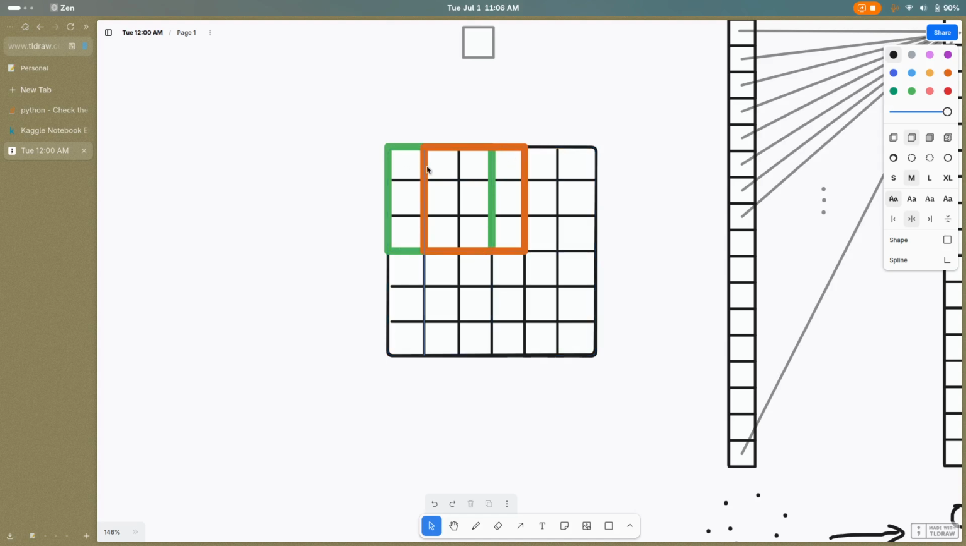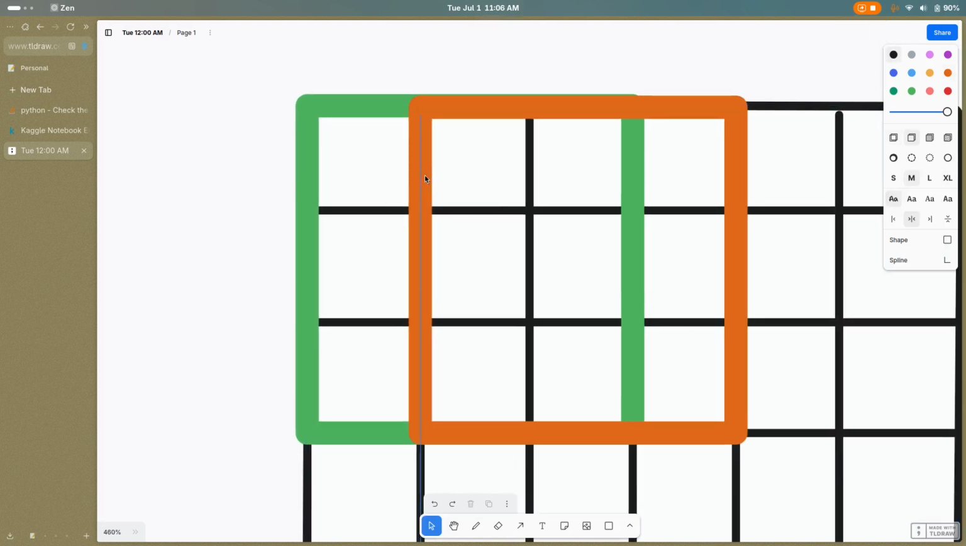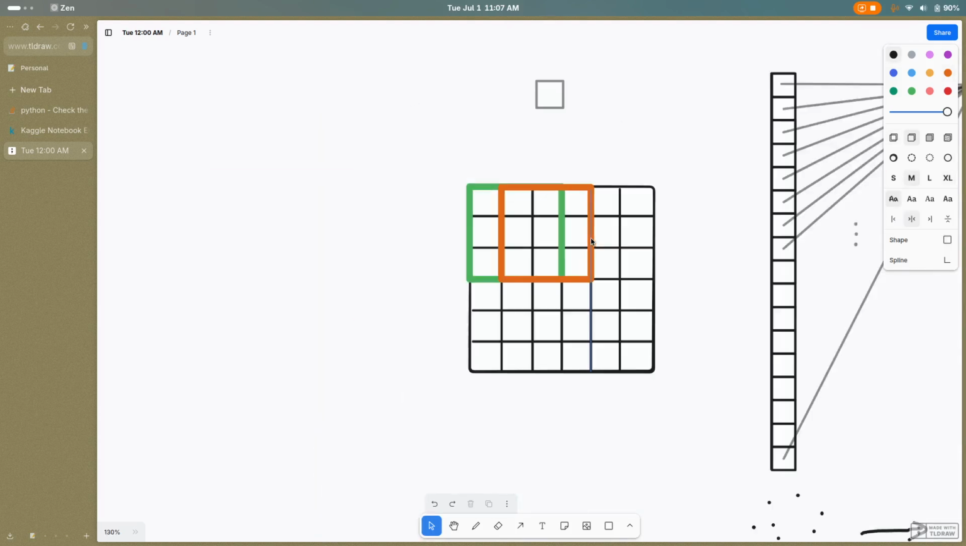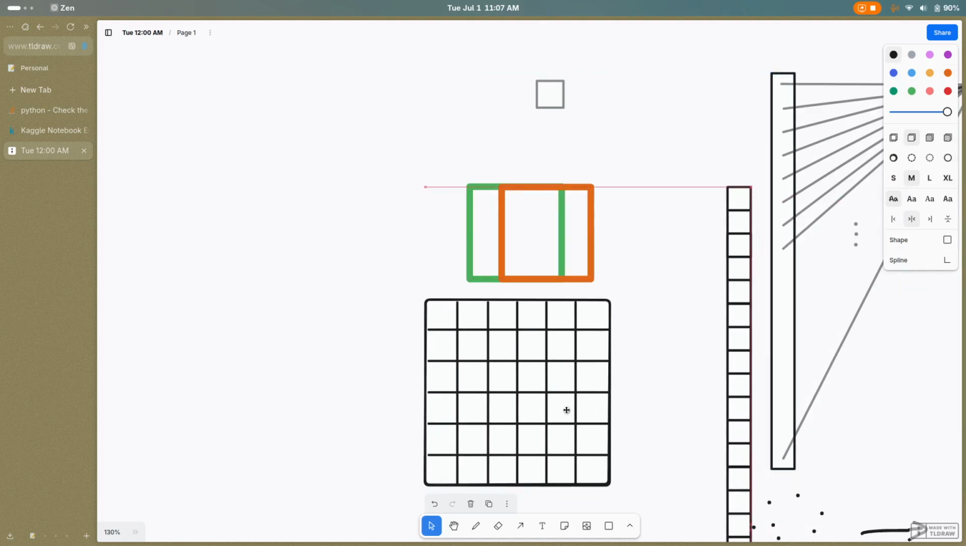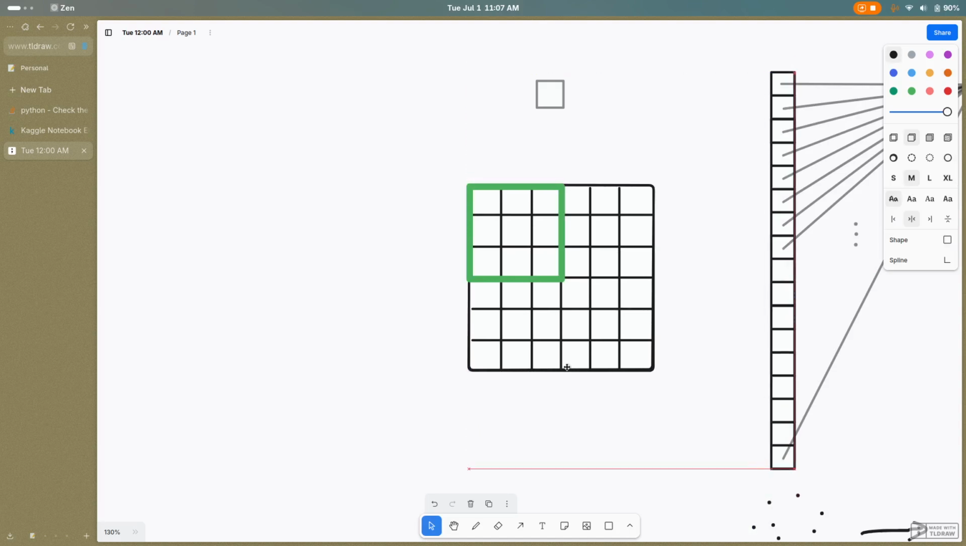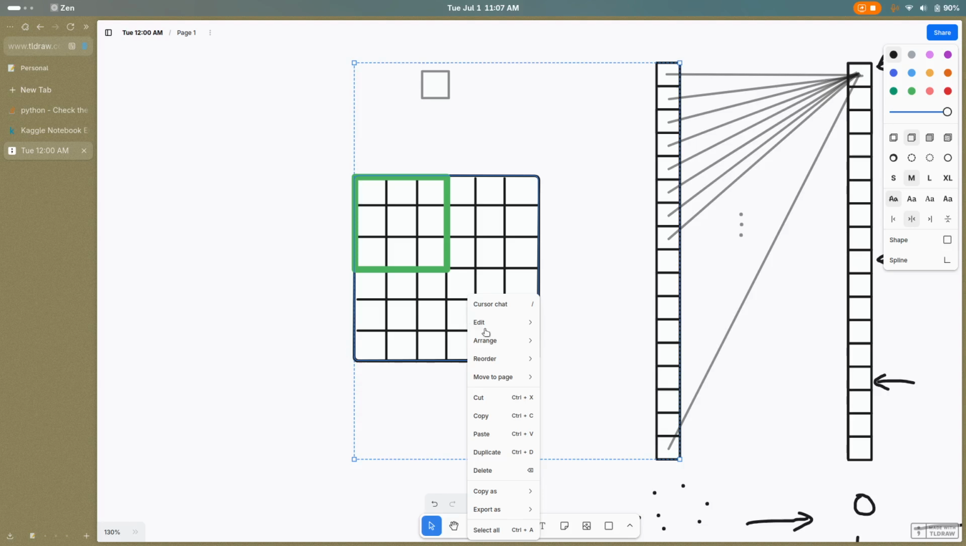I hate this so much, I cannot select it. Please allow me. Get out of the way. Oof. Tough job. Yes. So